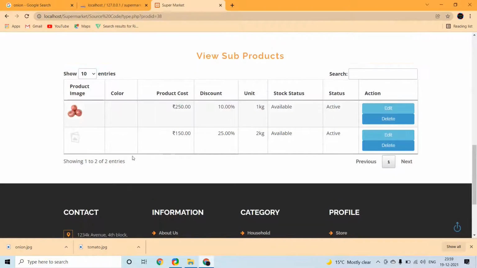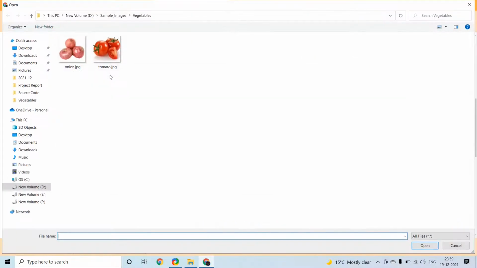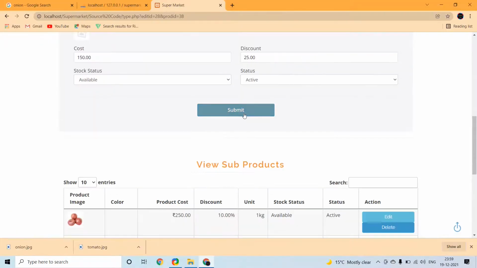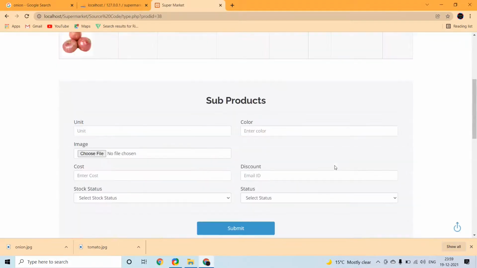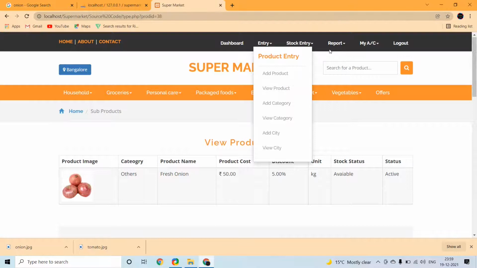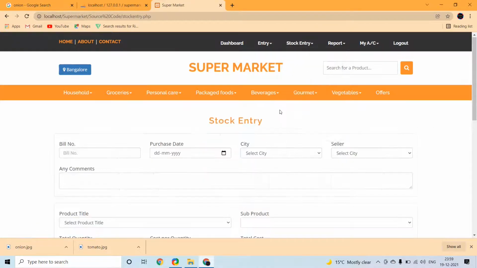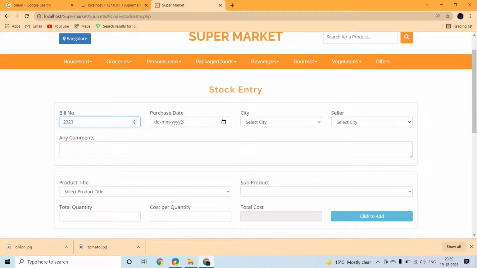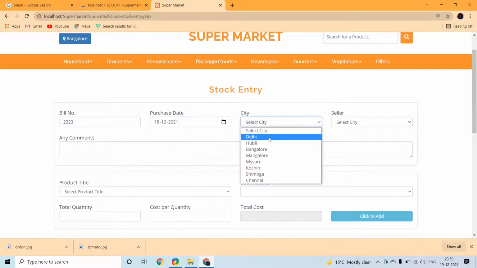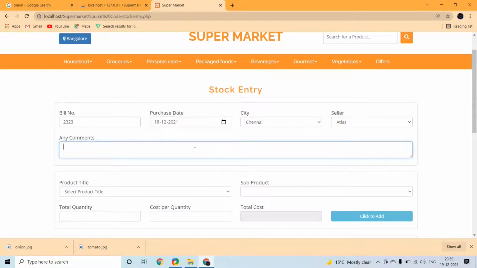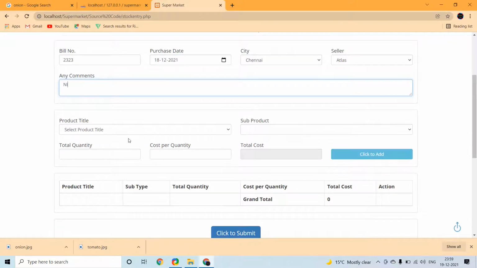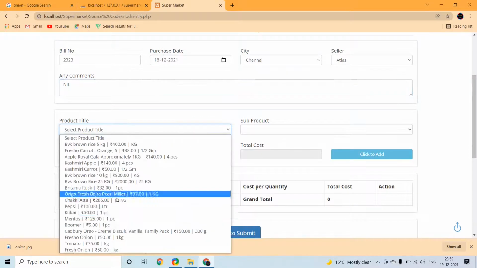Now you can view the units mentioned, 2 different units mentioned, and there are different prices in the list. In stock entry we can enter the bill number, purchase date, city, any comments, product title, tomato.